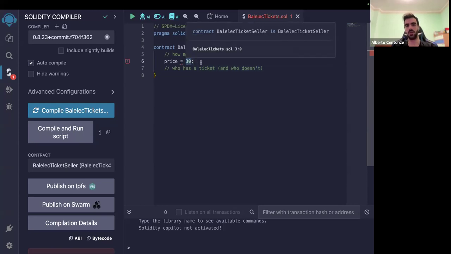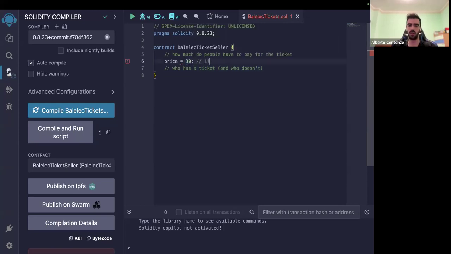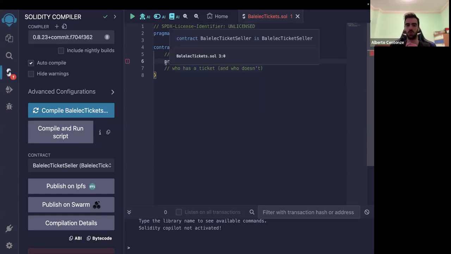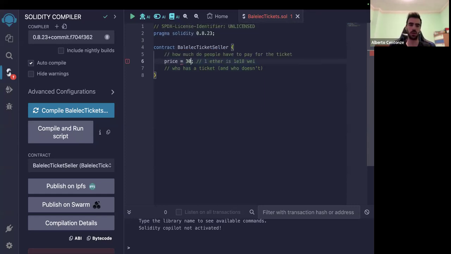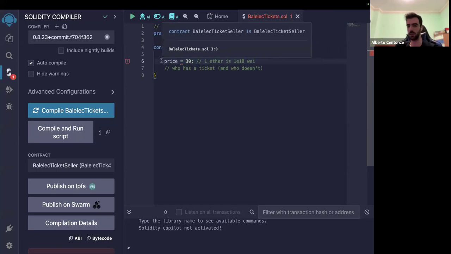So no, 1 Ether in Solidity is 10 to the power 18 wei. Wei is the smallest unit you can have for an Ether, and this is done to have smaller prices. So here we're making the price of the ticket 30 wei, just because we are using the smallest unit, but we could also write one with a bunch of zeros to have 1 Ether. But here let's just keep it simple. Let's make things be paid in wei.